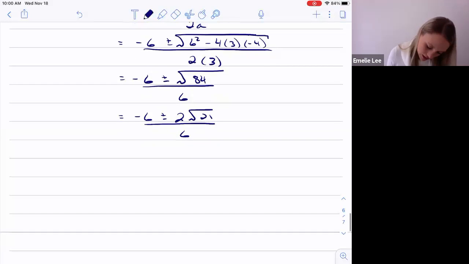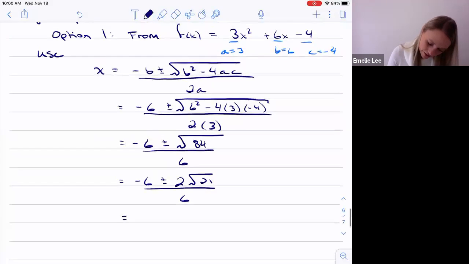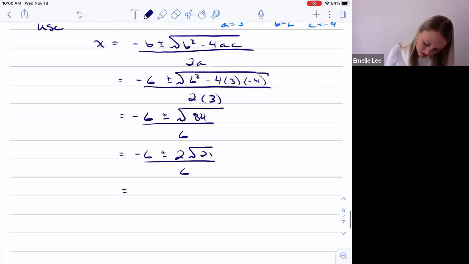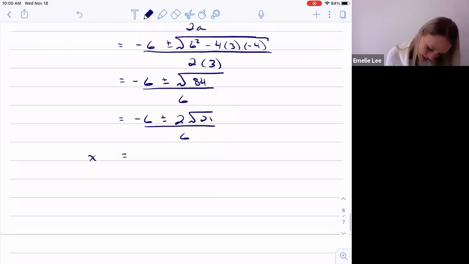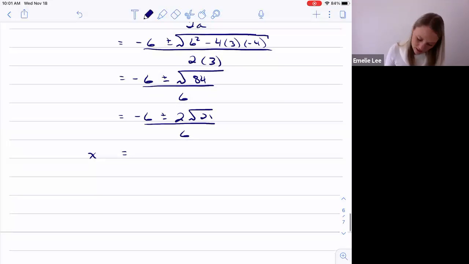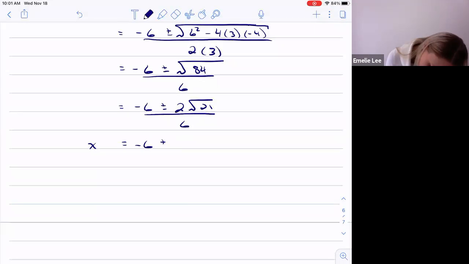But here, what we're solving for is when this f of x equals 0, and so x equals, and we get 2 answers, x equals negative 6 plus 2 root 21,